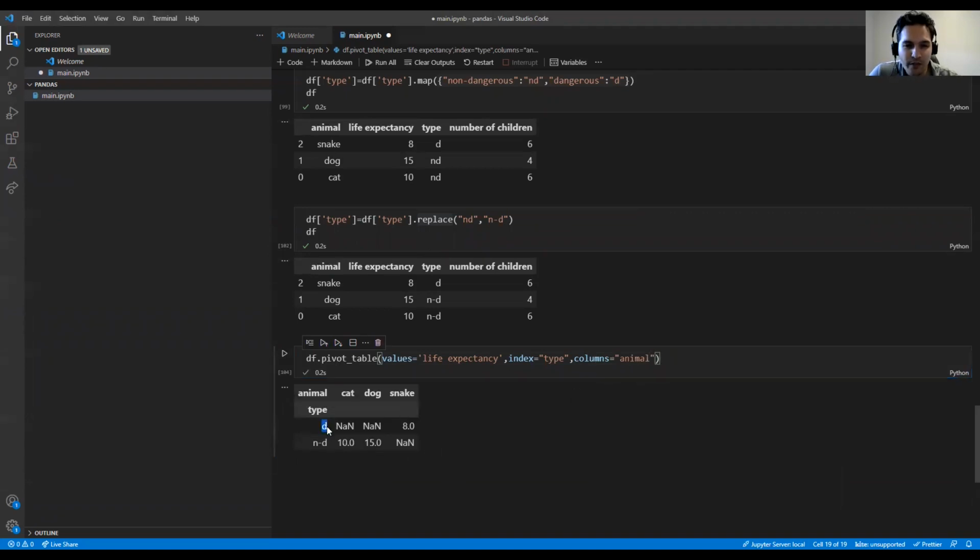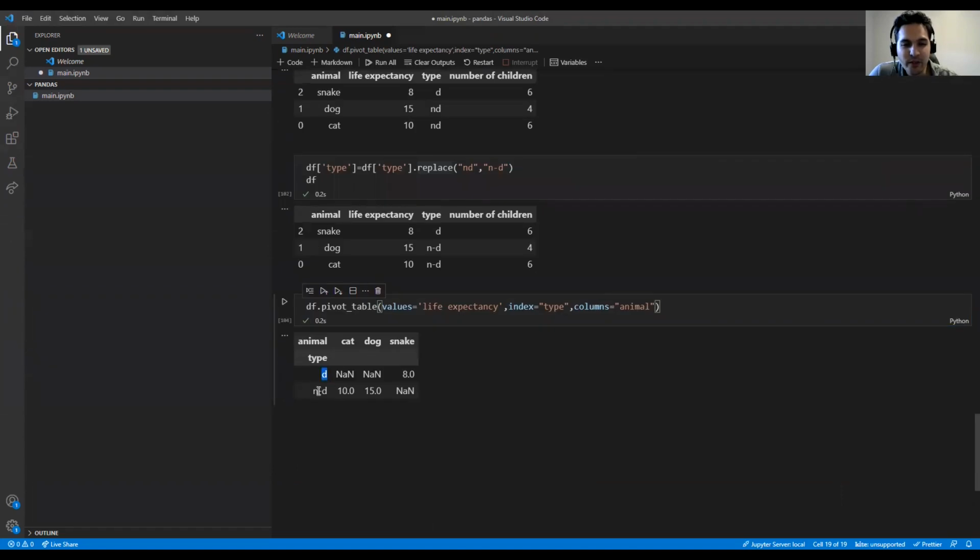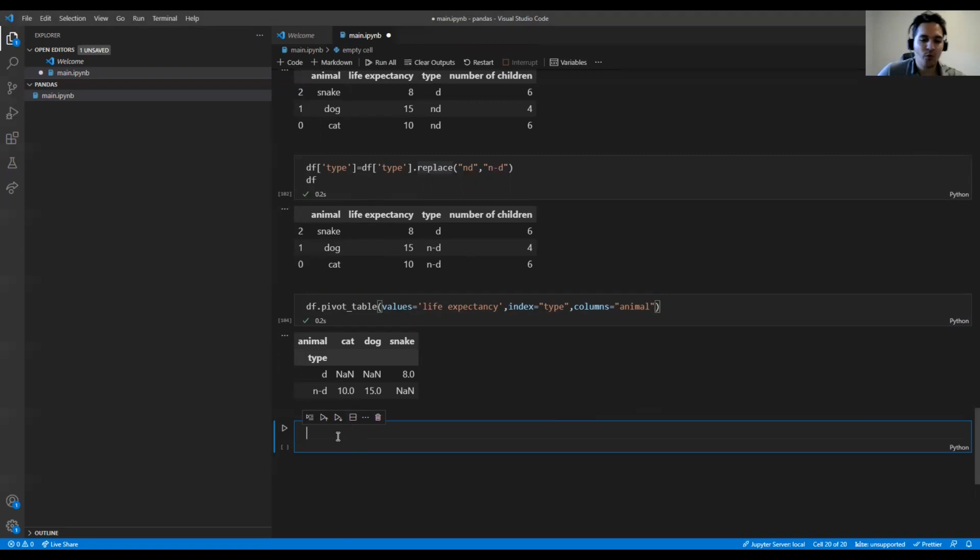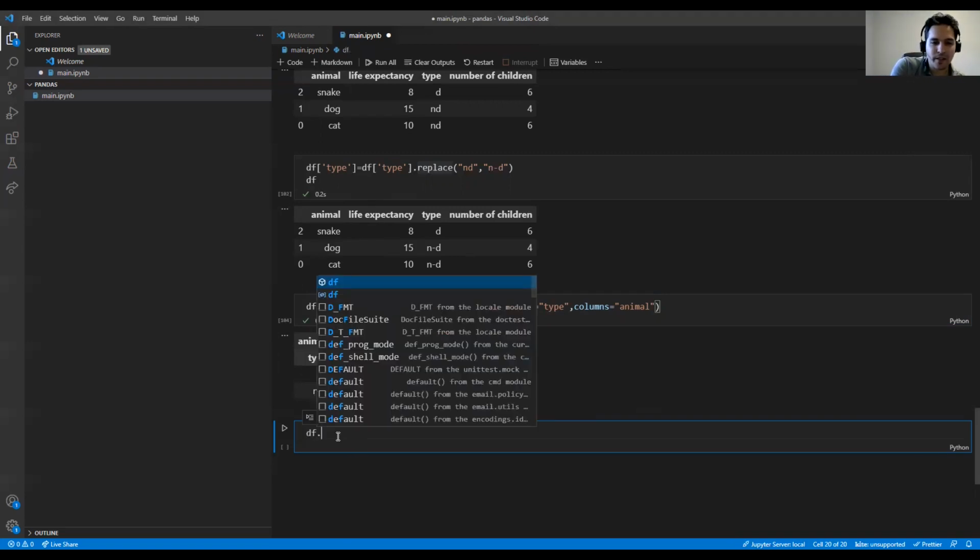It's showing that we have dangerous and non-dangerous group. And for dangerous, we have this animal, and each value here is a life expectancy. Okay. Now we can go to some beyond the basics example. I want to add another row. For adding a row, I can say